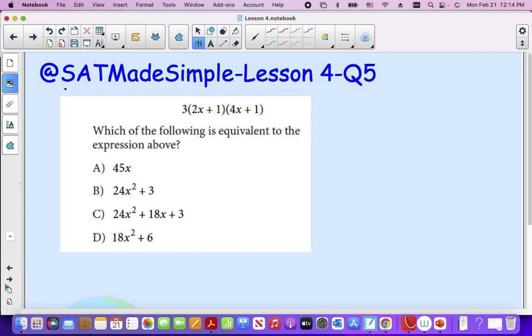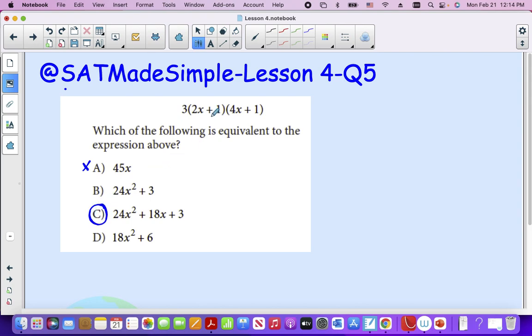Which of the following is equivalent to the expression above? Just basically FOIL it. Obviously in here I can say it cannot be A, because I must have an x to the power 2 term, so it can be any of these three possible choices. So let's FOIL that. Actually, I can say